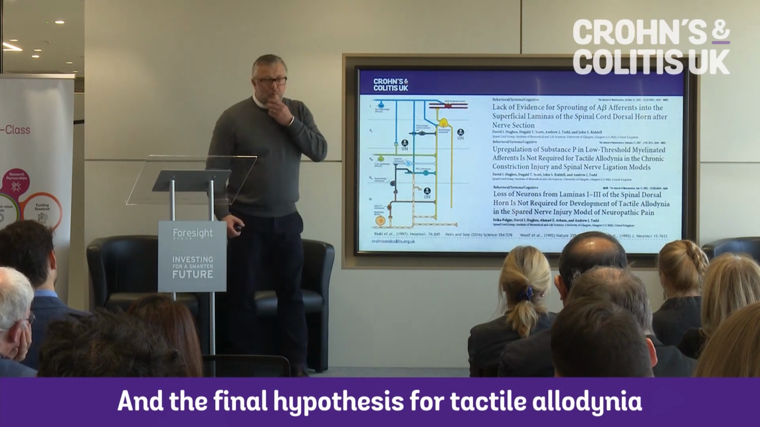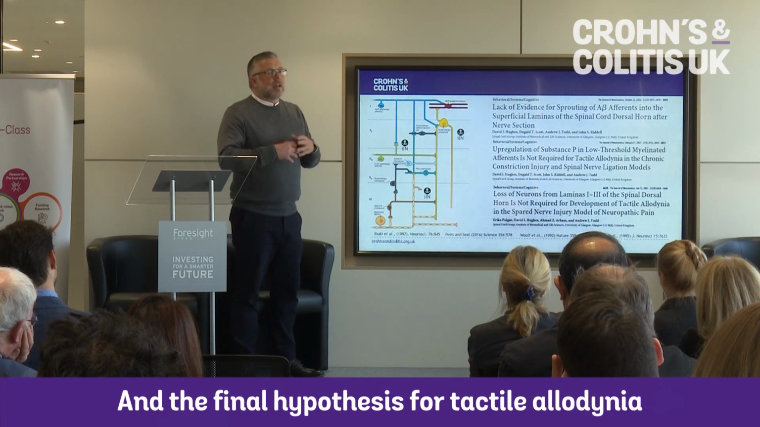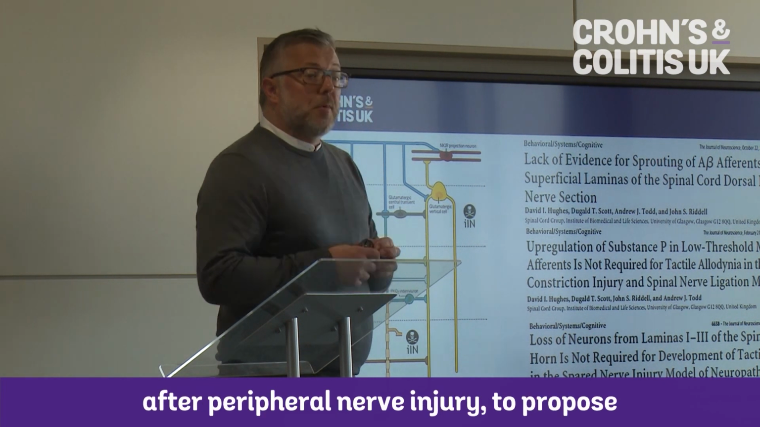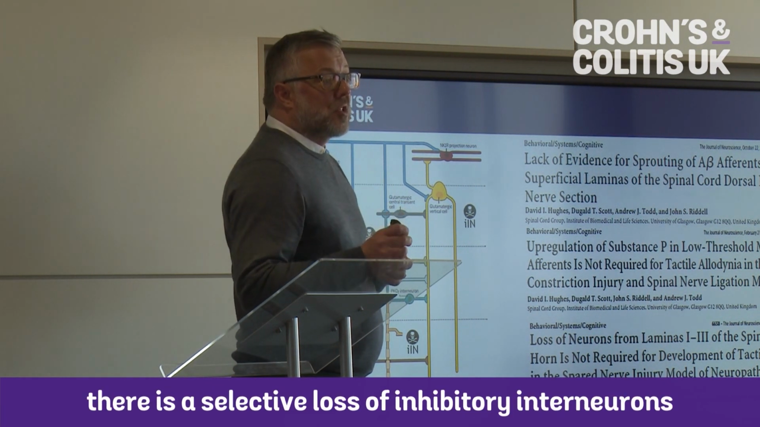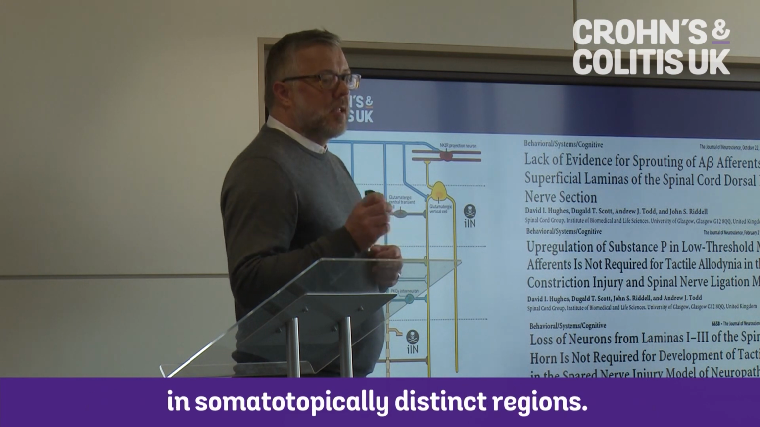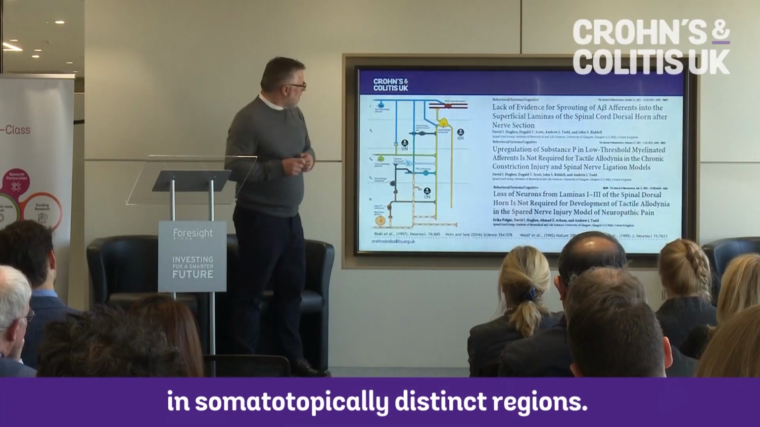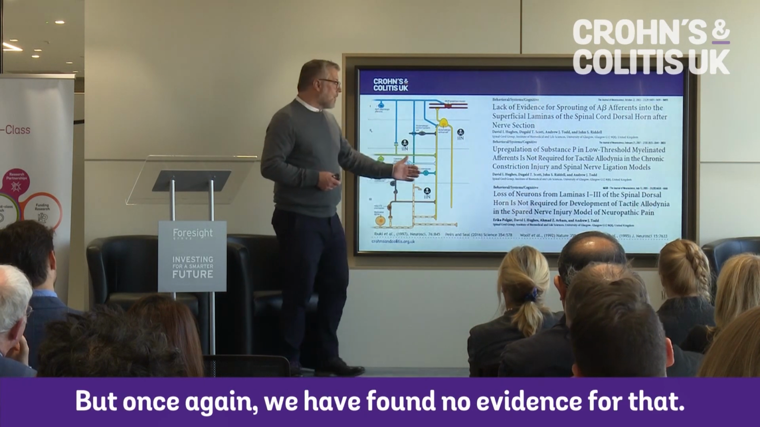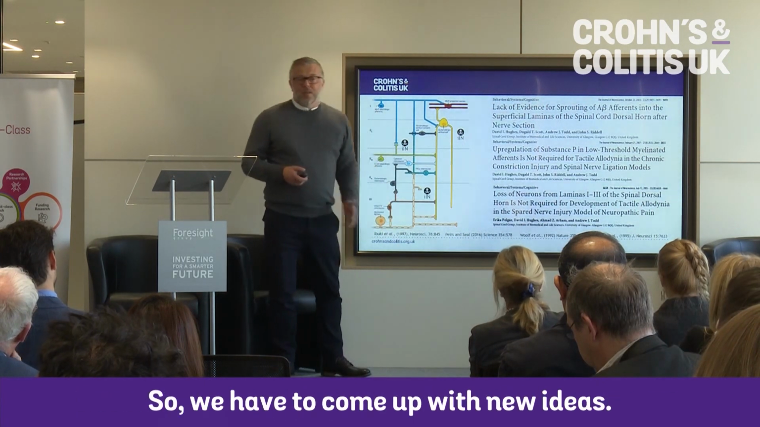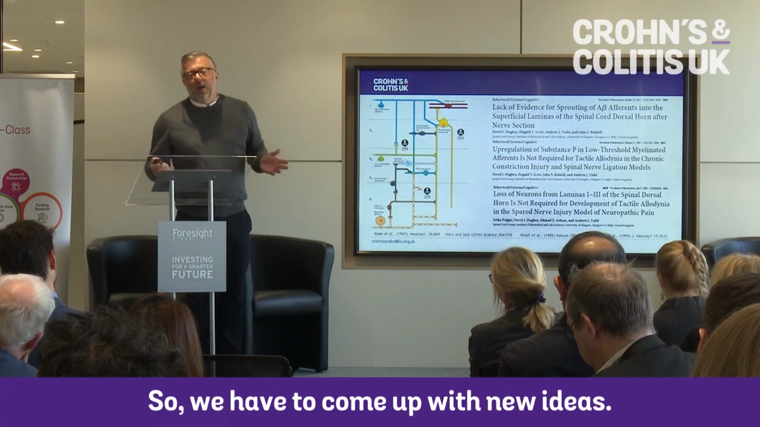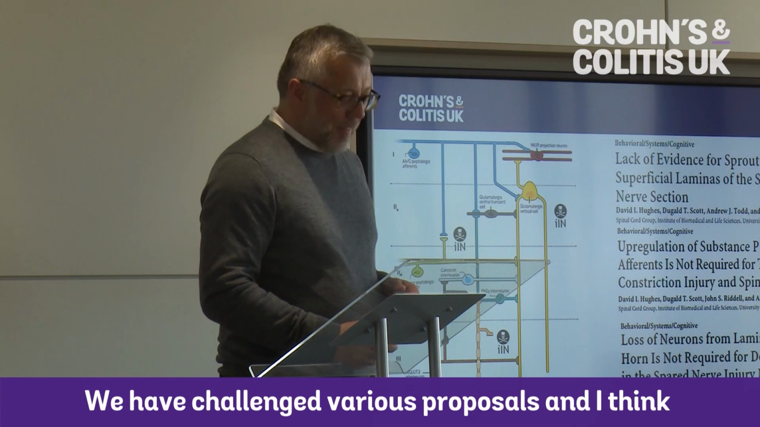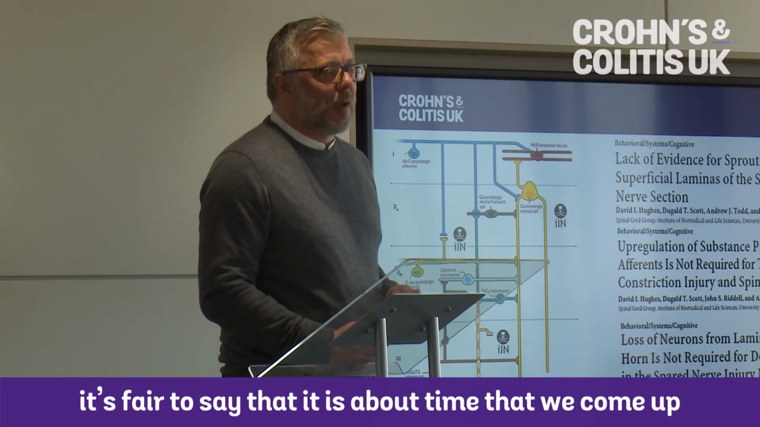And the final hypothesis for tactile allodynia that I'd like to present is that after peripheral nerve injury, it was proposed that there's a selective loss of inhibitory interneurons in somatotopically distinct regions, hence the skull and crossbones. Once again, we found no evidence for that. So we have to come up with new ideas. We've challenged various proposals, and I think it's fair to say that it's about time we come up with